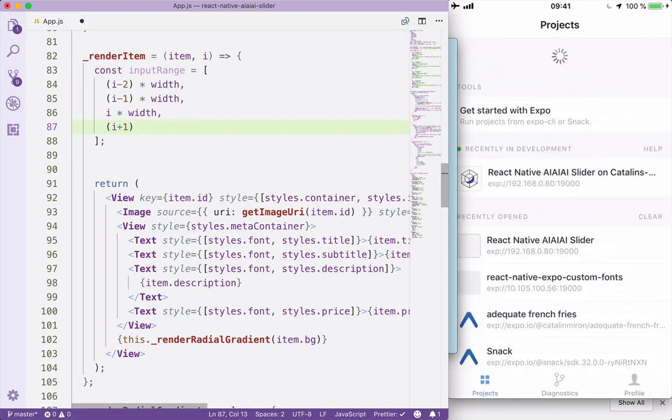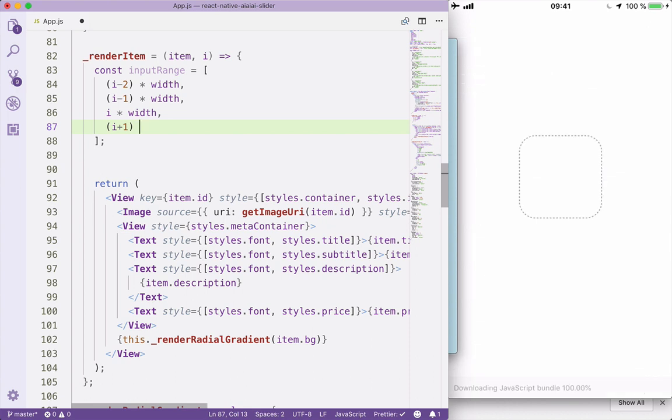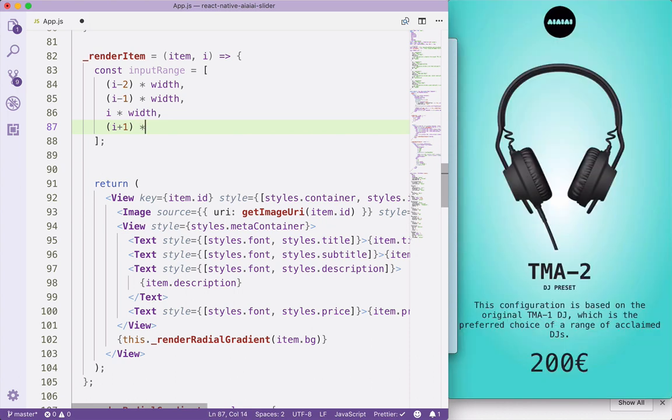Just one second, my application just closed, and